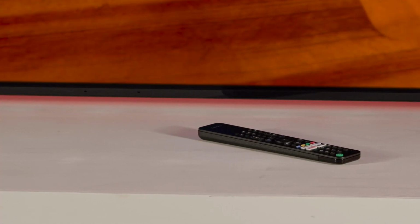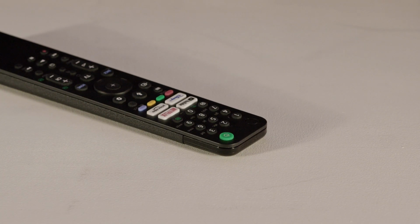A quick note here on model numbers. In the UK, there's a variant of the A80J called the A84J. This version has a microphone integrated into its bezel for completely hands-free voice control, where the A80J's mic is on its remote control handset. The A84J also has a feature called Rich Colour Enhancer. Now, we've tested both models side by side and find that there's a very marginal degree of extra richness to the A84J's colours, but the difference is far from pronounced and the sets are otherwise identical. Therefore, our review applies to both the XR-55A80J and the